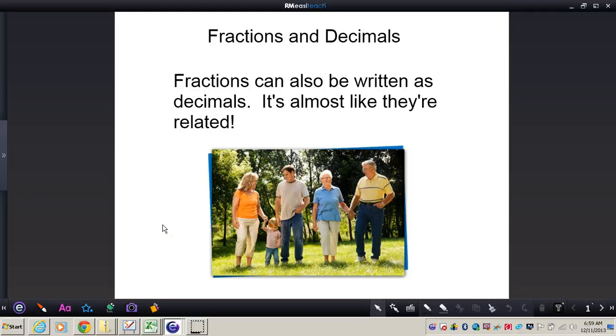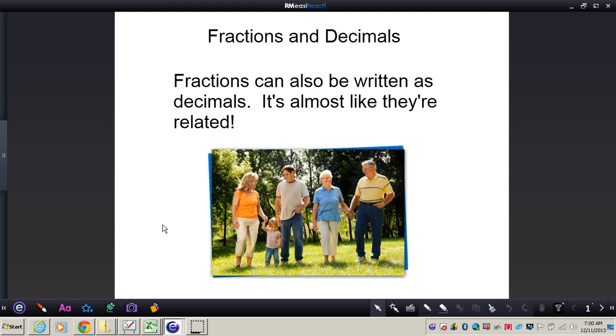In this video, we're going to be taking a look at fractions and decimals, and we're going to take a look at whenever we have a fraction, we're going to see what decimal that represents. Now, it is very important that fractions can also be written as decimals, and it's almost like they're related